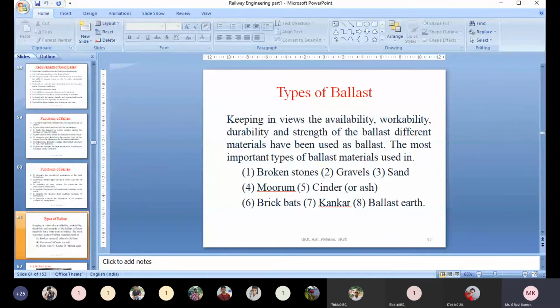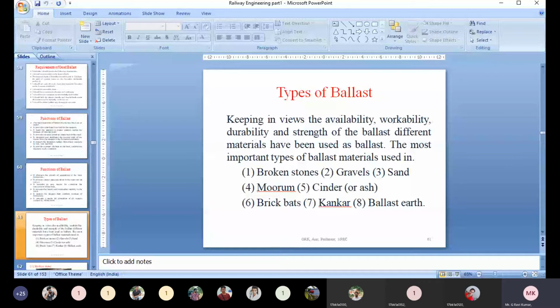Understand? Again I will give the definition. Ballast may be defined as a layer of broken stones or gravel or muram or any other granular material placed and packed below the sleepers and around the sleepers within a railway track to distribute loads from sleepers to the earth. Understand or no? Like that we can define ballast, and the ballast can provide drainage. Already we have discussed, it can provide drainage, and also it can provide sufficient stiffness and strength to the sleepers and also to the railway track.